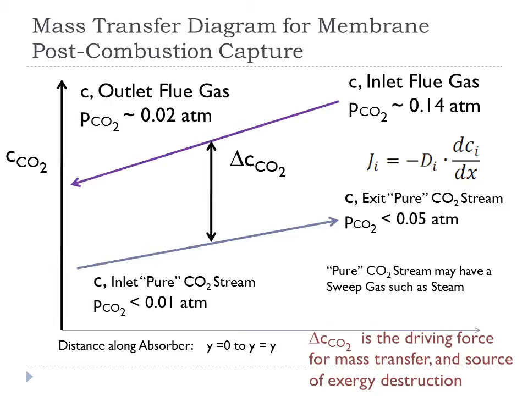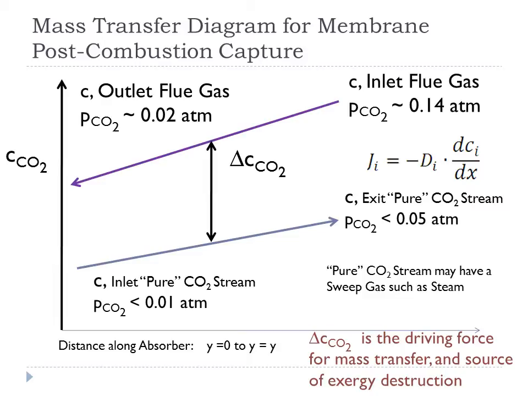If you had no sweep gas, the concentration on the pure CO2 stream would have to be less than the lowest pressure, which is on the feed side, which is in this case about 0.02. And in that case, you would have a straight line at the bottom here, and